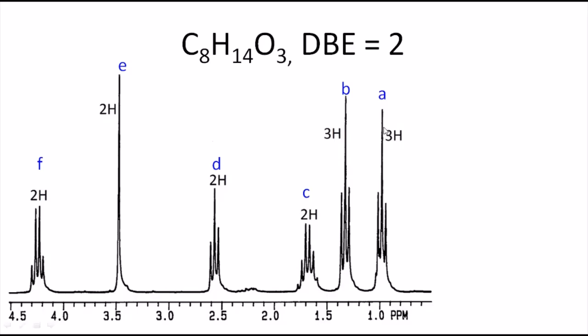Okay, let us analyze one by one. What should be the peak? Let us see A. The peak 1, that is A. What information do I get from that A? It is a triplet. It is around 1 ppm, and it has 3 hydrogen, and it is a triplet. The 3 hydrogen will not be given by the NMR spectrum, but instead you will get an integral value, as I said earlier, that using that integral value you can calculate the ratio, that I will say in the next class. But we will analyze the spectrum, how we are getting this 3 hydrogen.